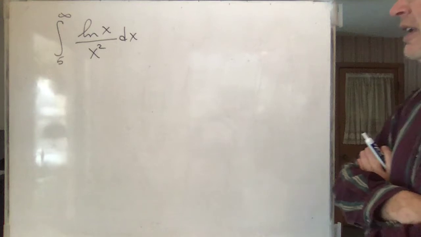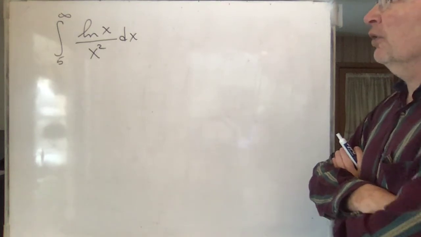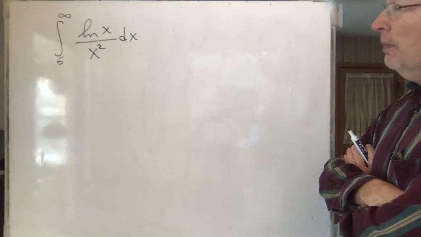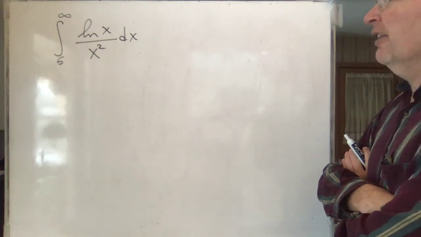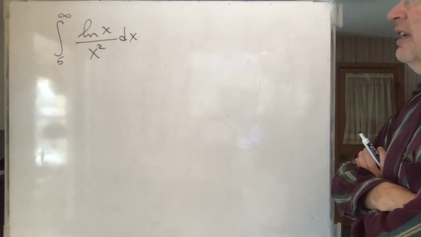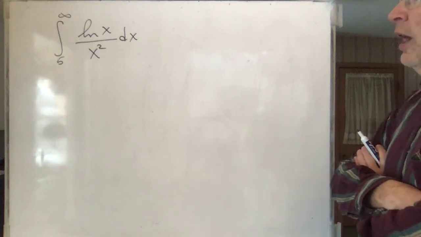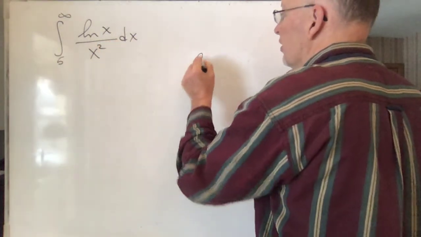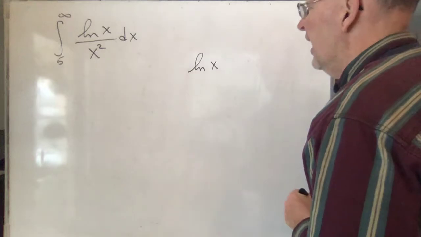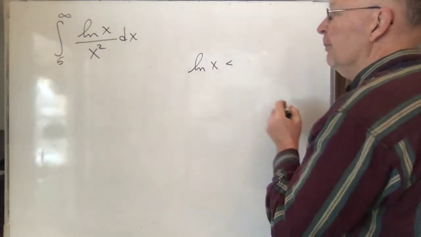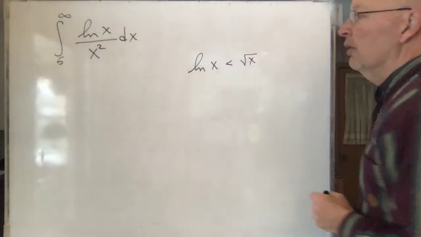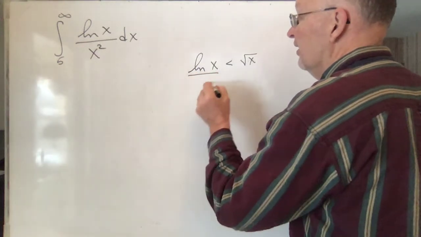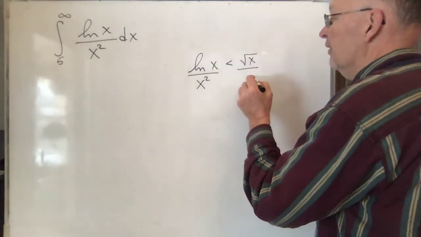So what about that? Does that converge or diverge? If it does converge, what does it converge to? Well, again, if you really understand the rates at which things grow, you'd say instantly that thing converges. Why do I know it converges? Because I know that the ln of x grows slower than any power of x. It grows slower in particular than the square root of x. Okay? It grows slower than that. I know that. Since that's the case, this thing is going to be less than or equal to this thing.